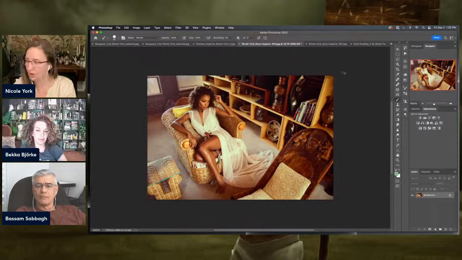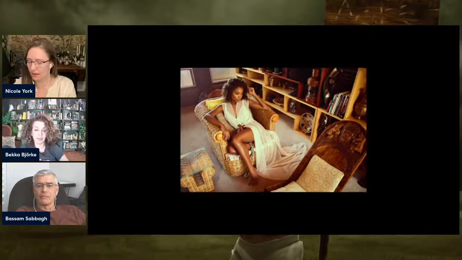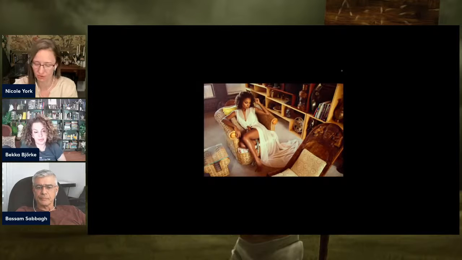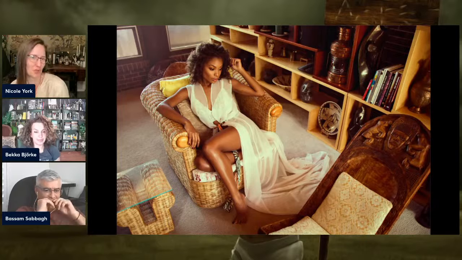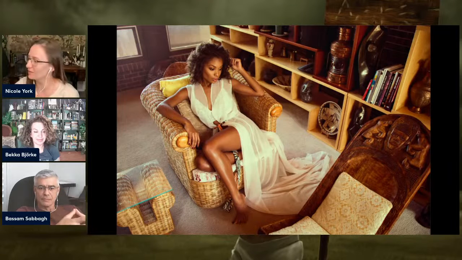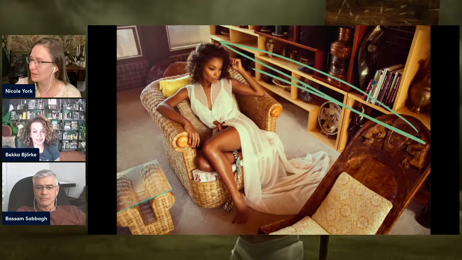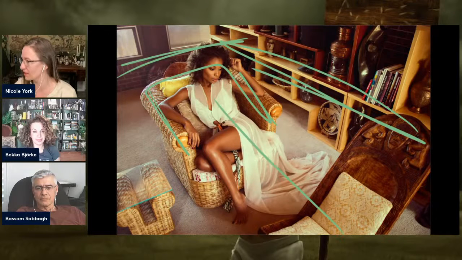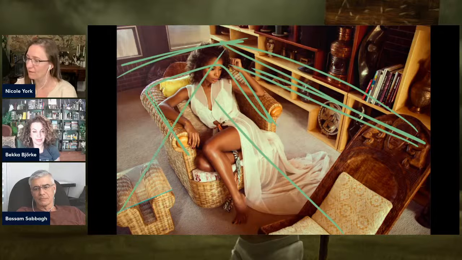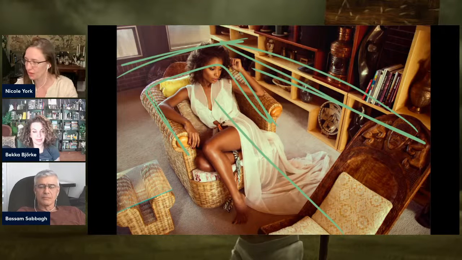And so this one has what photographers love, which is just a buttload of leading lines, right? We love that. We like to put leading lines in everything. We're like, how can I make the environment point to where I want people to look? So we've got leading lines here. We have leading lines here. We have framing happening here. We have the lines of the chair and the lines of everything just going in that general direction.